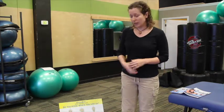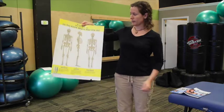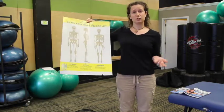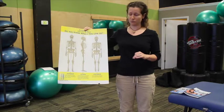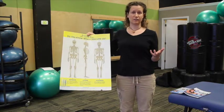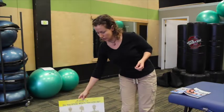Another common place to be out of alignment is the pubic symphysis. That's where the pelvis comes together right in the front here. On Mr. Skeleton, you can see that it's right here. It's also something that I can easily fix for you, but not something that's quite as easy to test on your own. Another thing is the sacrum here, the tailbone in the back, can be out of alignment. Also, I can fix that for you. Again, not something that's easy to test for at home, but all of these things can be adjusted and realigned